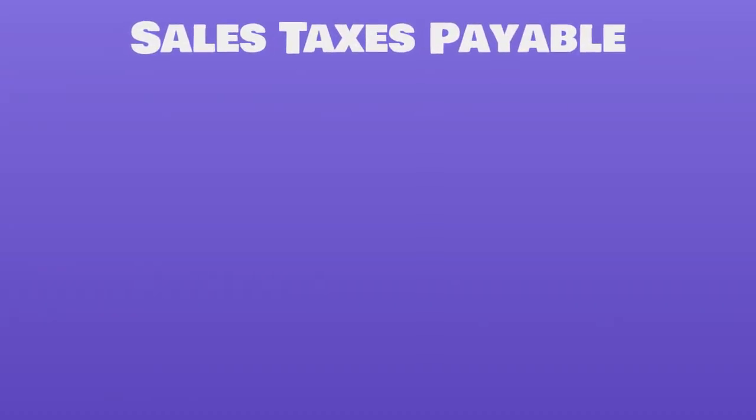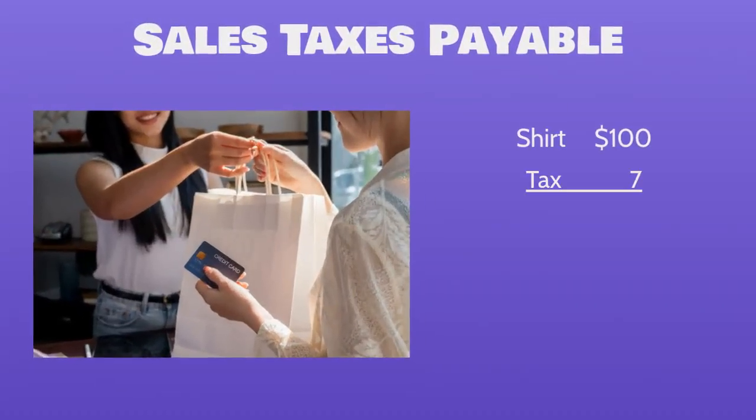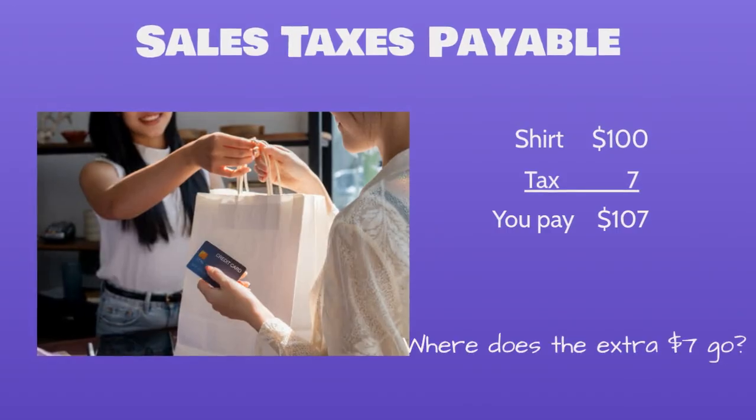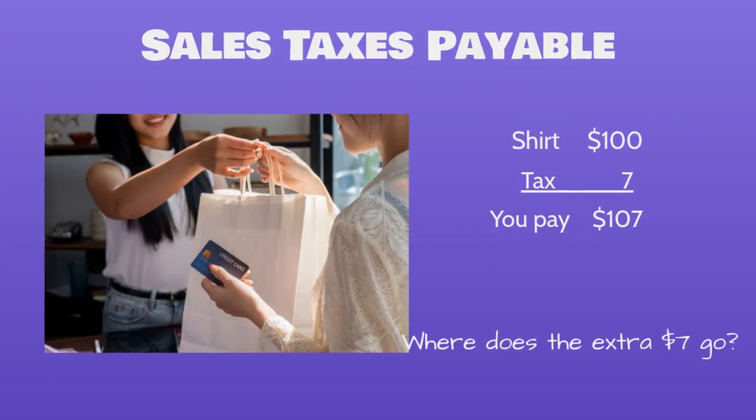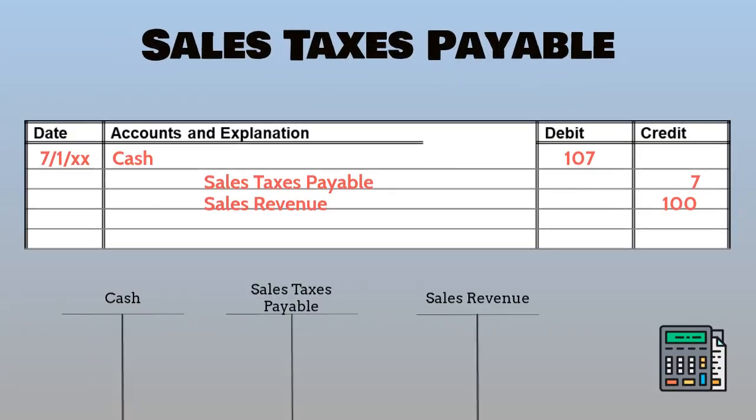Let's talk about sales taxes payable. Have you ever been to the store and bought something that cost $100, but then after tax it's $107? What's with that extra $7? Well, that $7 is collected by the store and has to be paid to the government. So while they hold on to it until they make that payment, it is a current liability. The journal entry for the collection of those taxes is a debit to cash, an asset account, for $107, and a credit to sales taxes payable for $7, a liability account, and a credit to sales revenue for the $100